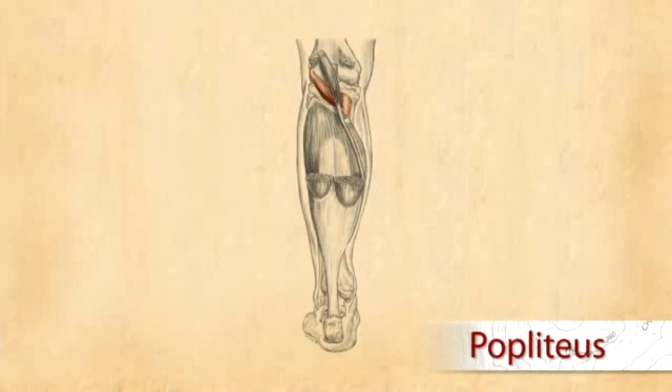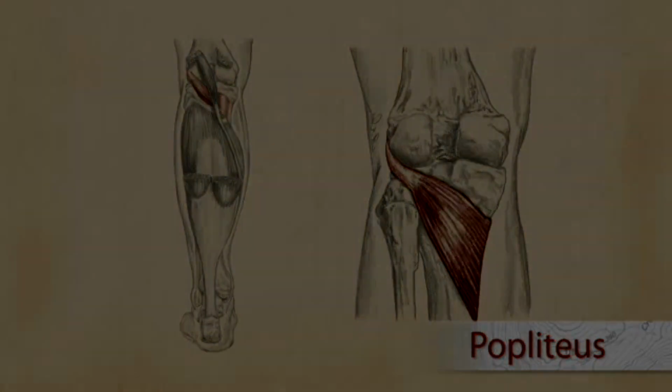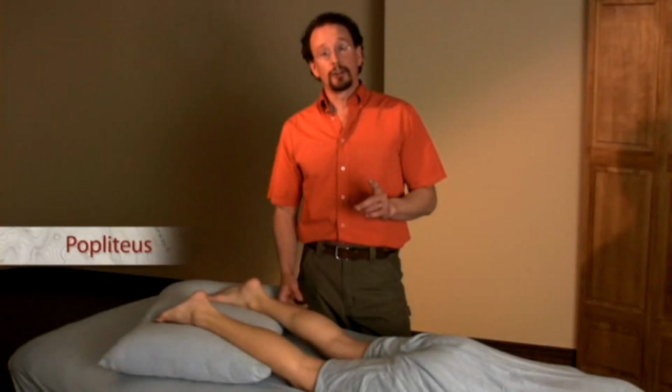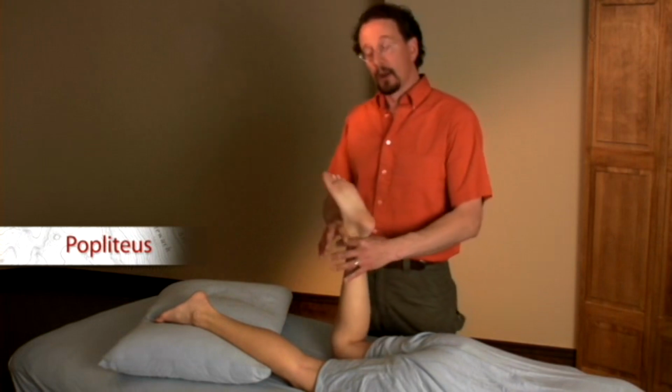As its name suggests, the popliteus is located in the popliteal space. This muscle has a small, short belly with diagonal fibers. And lying beneath the upper fibers of the gastrocnemius and plantaris, it is the deepest muscle of the posterior knee. So what we're going to do to access just a portion of it is flex the knee and locate the